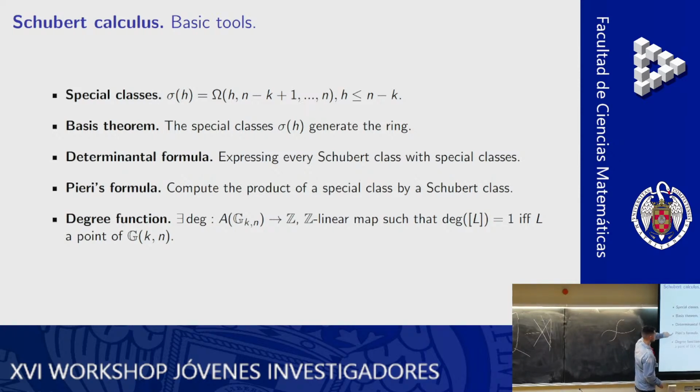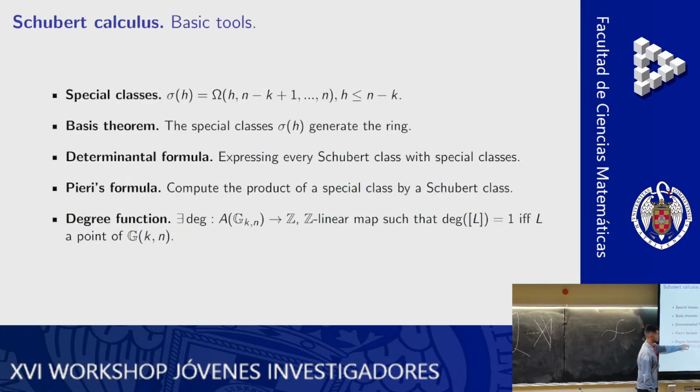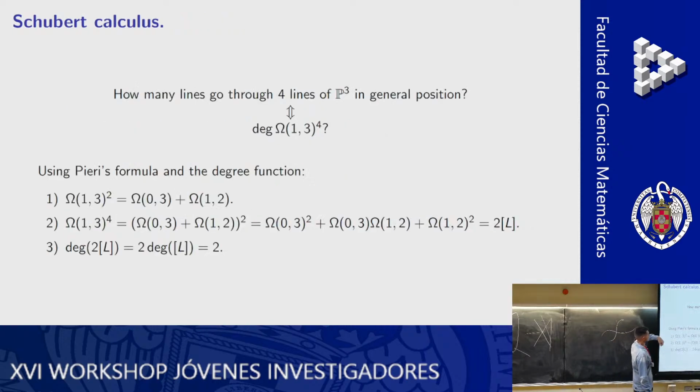So the most important theorem is Pieri's formula. This is the generalization of this idea: the set of lines that go through two coplanar lines is the lines that go through the point and the lines within the plane. Pieri's formula is the generalization of this. And the degree is the function that lets us take just the coefficient and forget about the rest, because it says that the rest goes to 1. That's just an idea of intersection theory.